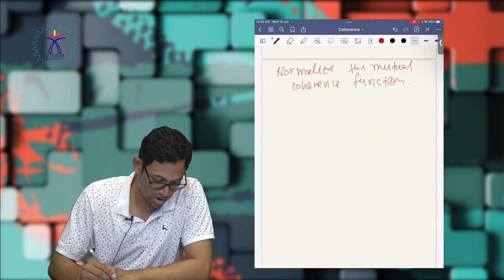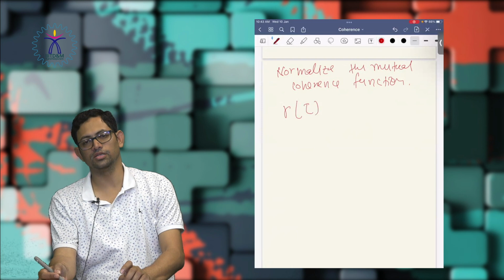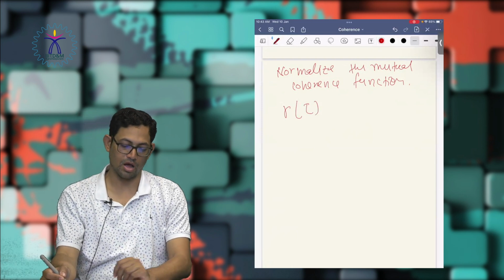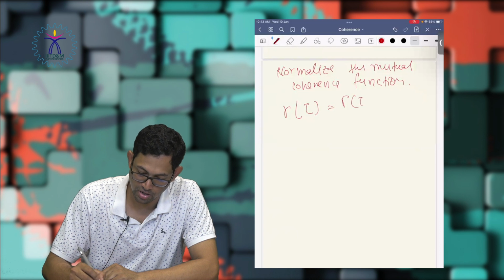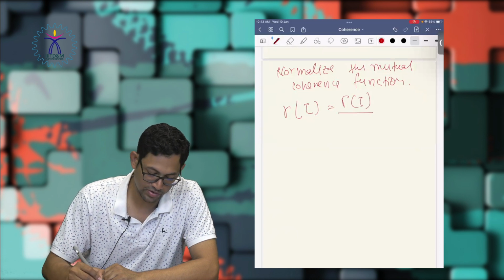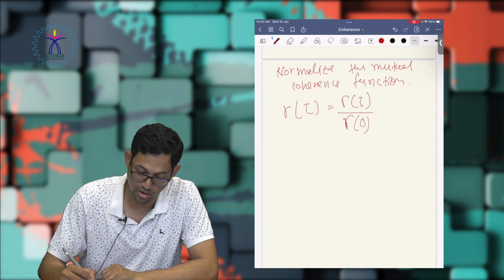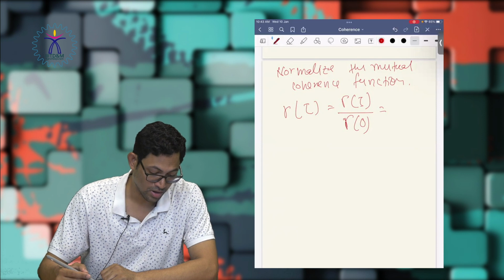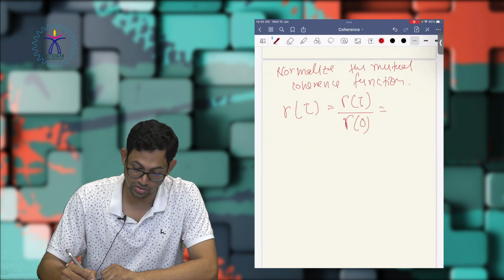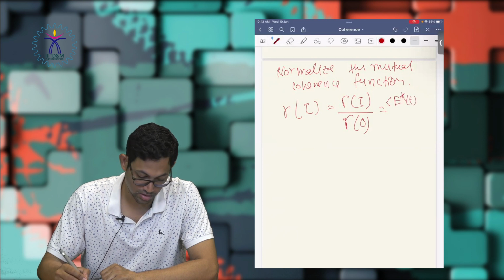Okay, to do that, now I will introduce a new function, that is small gamma as a function of tau. That would be nothing but capital gamma as a function of tau divided by capital gamma at 0. Okay, that is your intensity, right? So now I can define it as E star